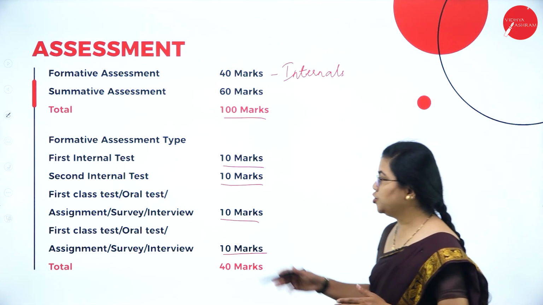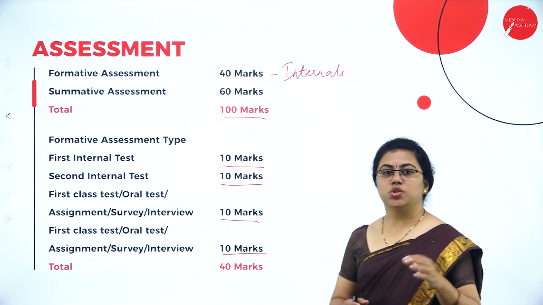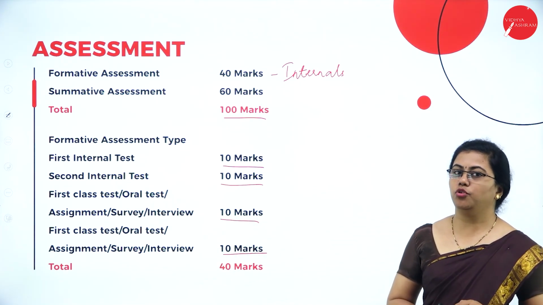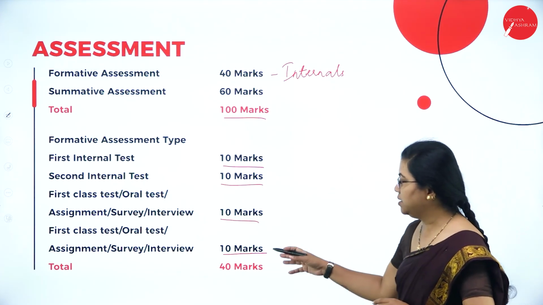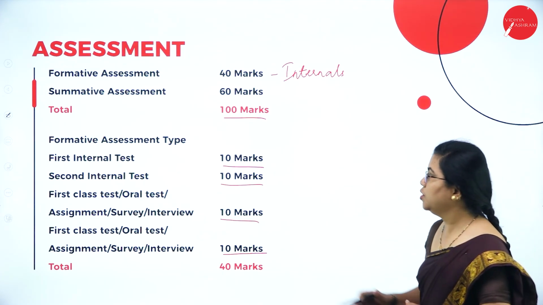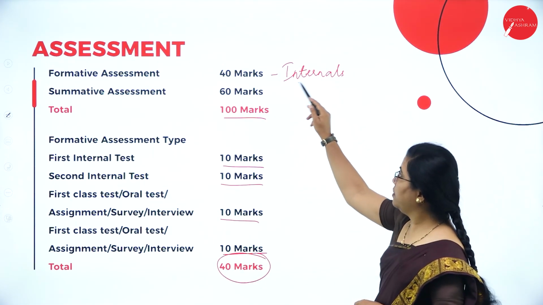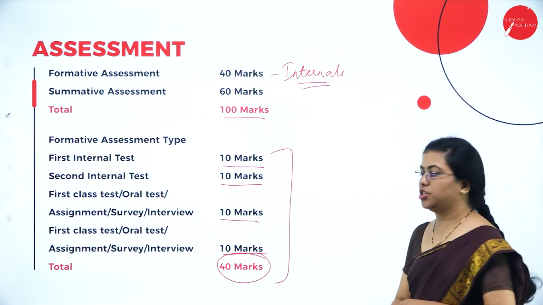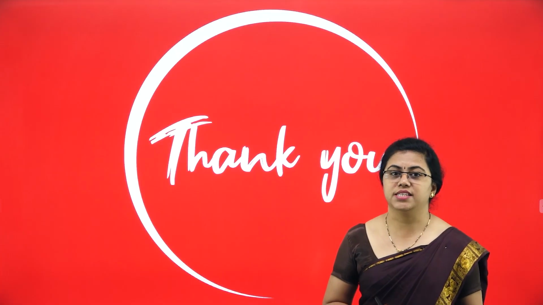One thing you're going to do is a survey. The next thing you're going to do is the interview. So survey or case study and interview you will have to do over here. That will be reduced to 20 marks, and we are going to award marks to you. So all these come up to 40 marks. This formative assessment constitutes all of these. Hope you are clear with the way in which assessment happens.